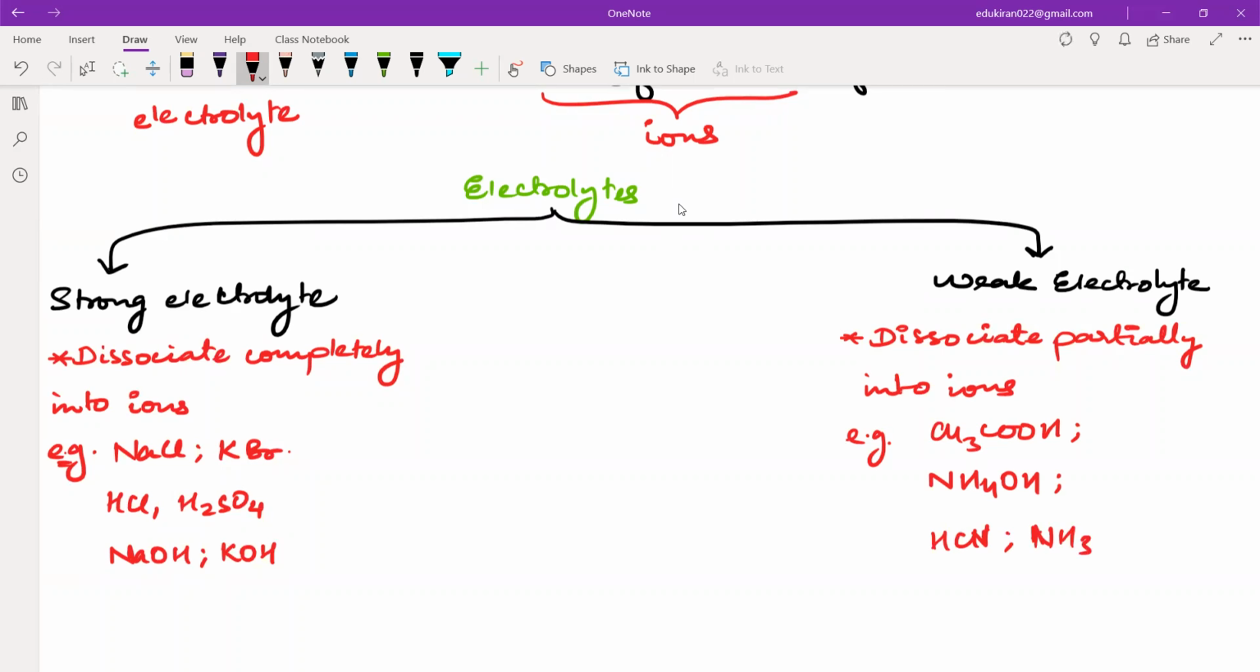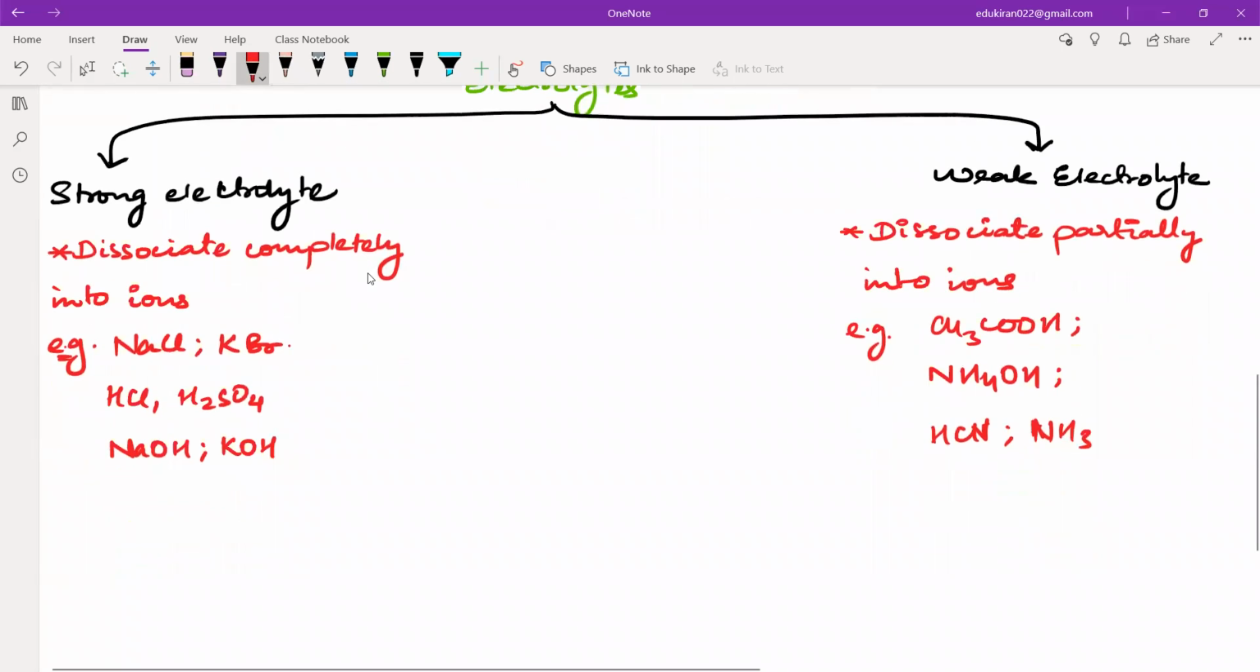You don't have to remember them. Just remember these points: strong electrolytes dissociate completely into ions, and weak electrolytes dissociate partially into ions. Now, that was a simple introduction to electrolytes. Then we will move on to see, whenever you see any electrolyte,